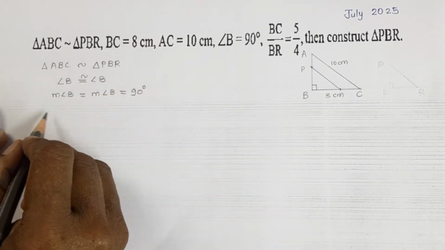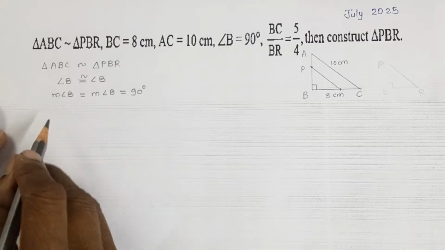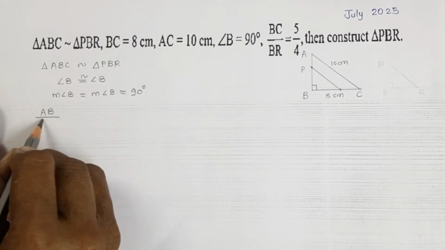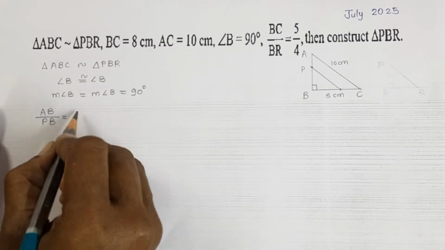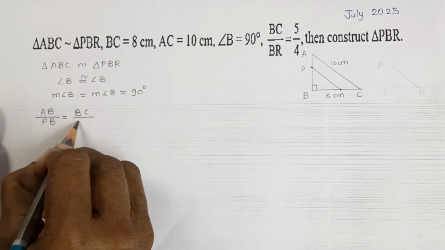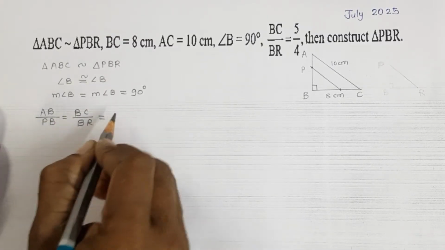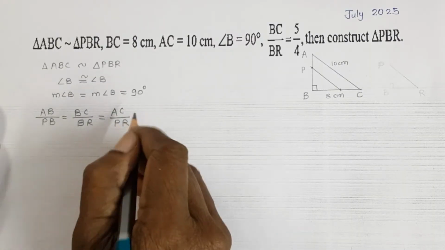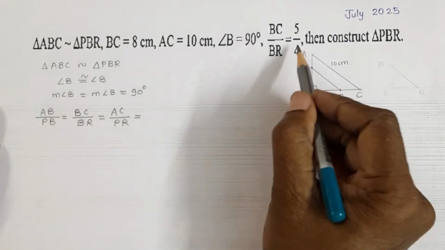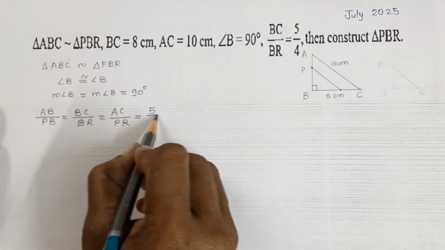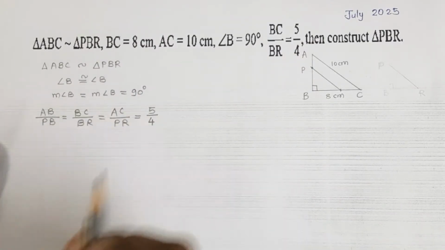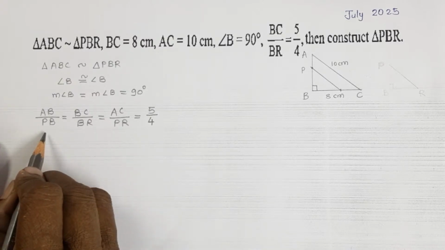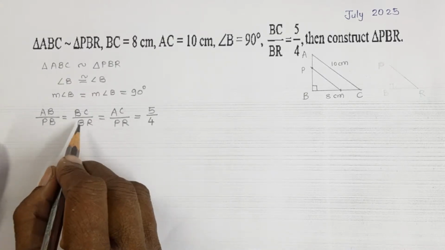And here students, the ratio of the corresponding sides are equal. So AB upon PB is equal to BC upon BR is equal to AC upon PR, and that is equal to 5 upon 4 students. So now here students, we know that